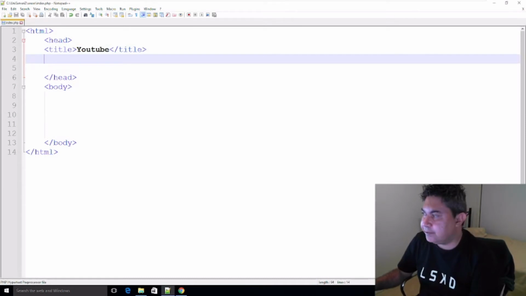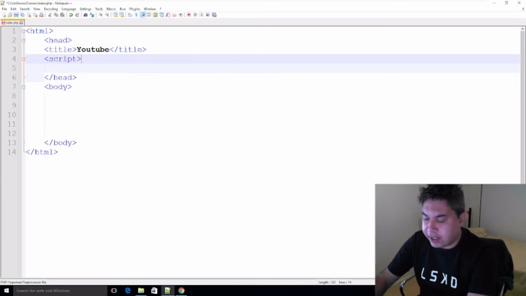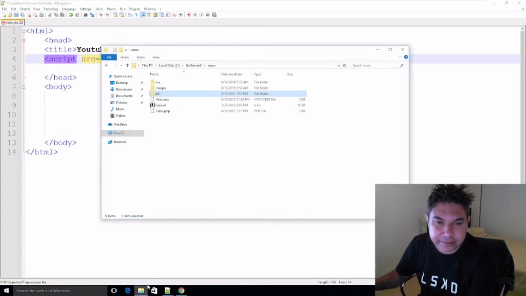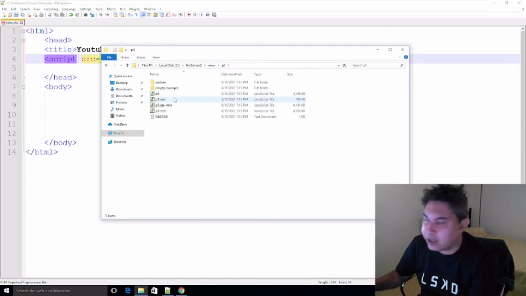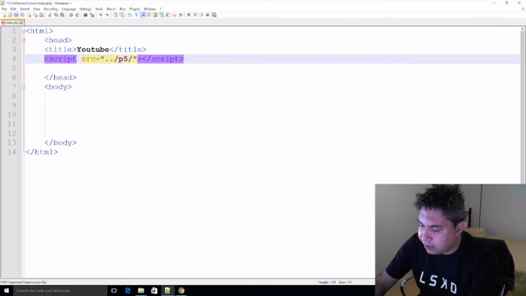So to add that, in your head tag, you're just going to need to go script, and then you need a closing tag for your script, and inside here you'll need source equals, and now because you're going from the root you need 2 full stops, and the folder is called P5 folder, and then the file inside that folder is p5.min.js. So you got to write p5.min.js,